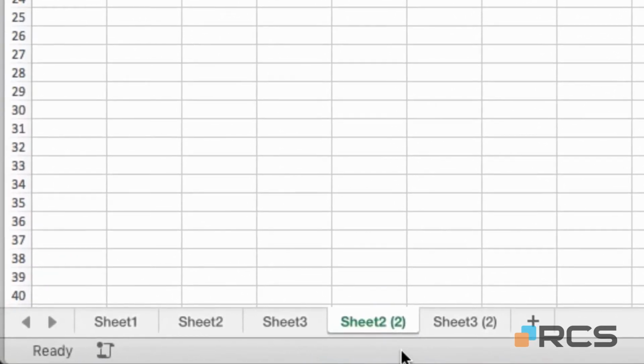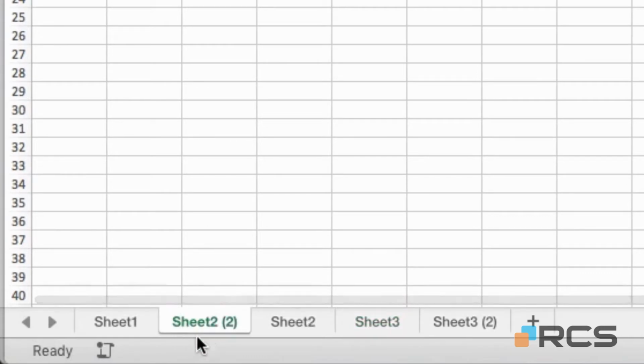You can also relocate worksheets through click and drag. If I wanted to move the selected sheet and make it the 2nd worksheet in the group, I would click on the tab and drag to the left. You'll see there's a black marker, a small arrow, and that indicates where the worksheet will be dropped. So I'm going to drop it just to the right of sheet 1, release the mouse button,